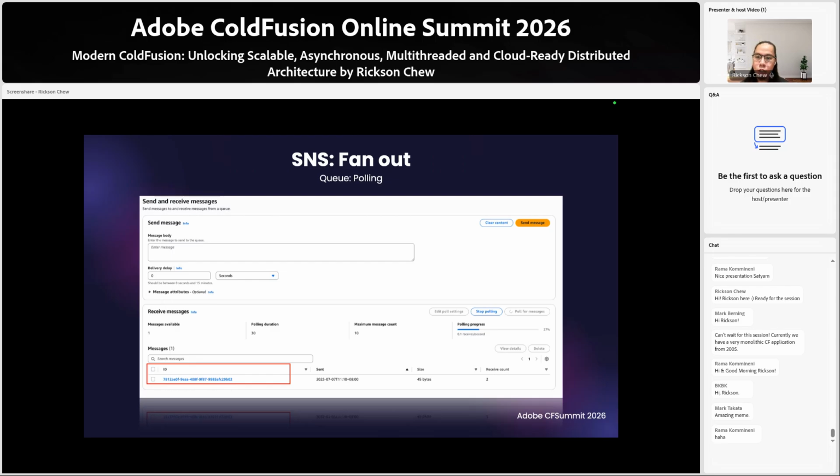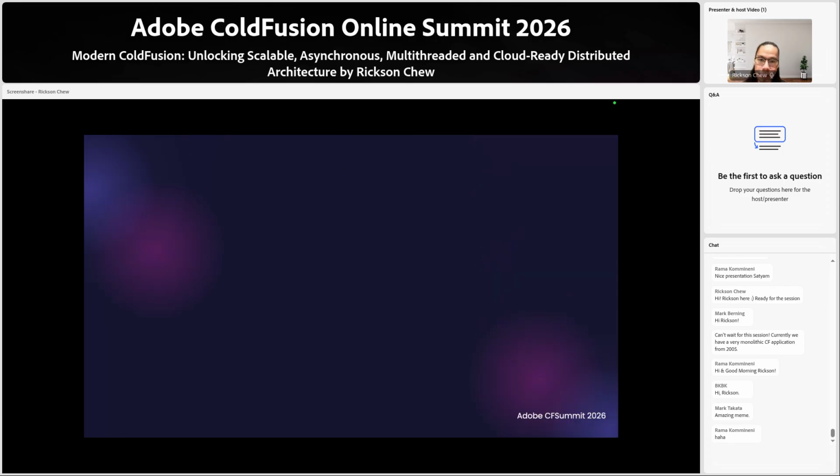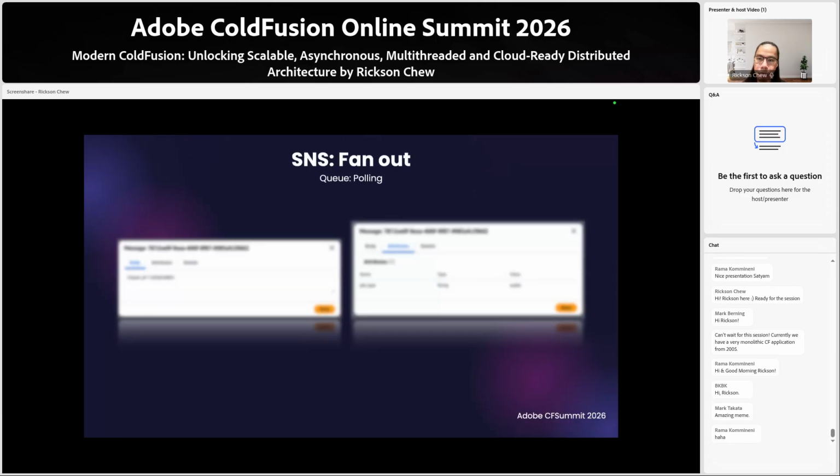Okay, so once that's done, you'll be able to see that the message is already listed here. Just click on its ID. Once you click on that one, you'll see that the body is what we've sent. And then the attribute, you see that we have the job type, whose value is audit. So that means that this queue was able to receive the message because it has an attribute of job type